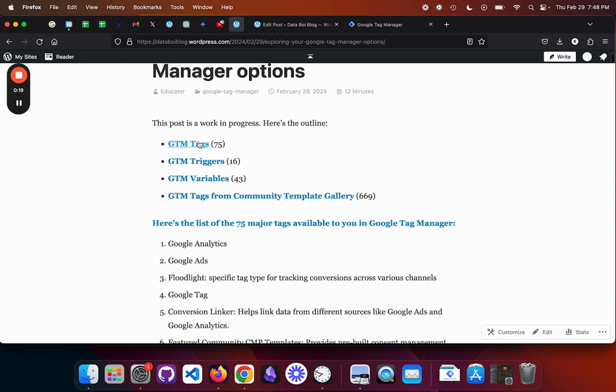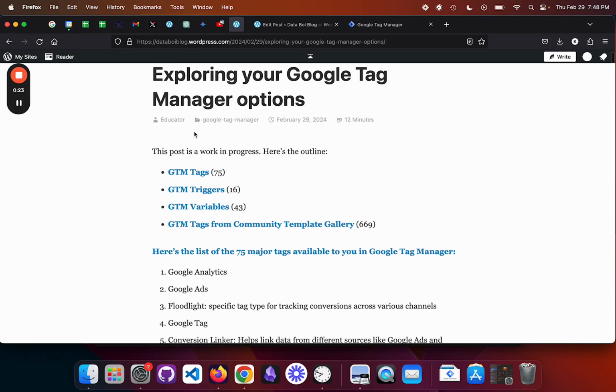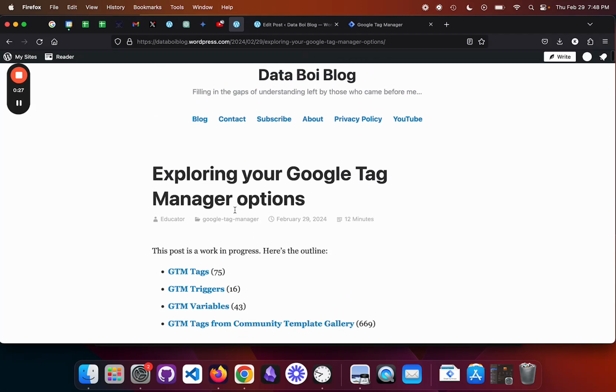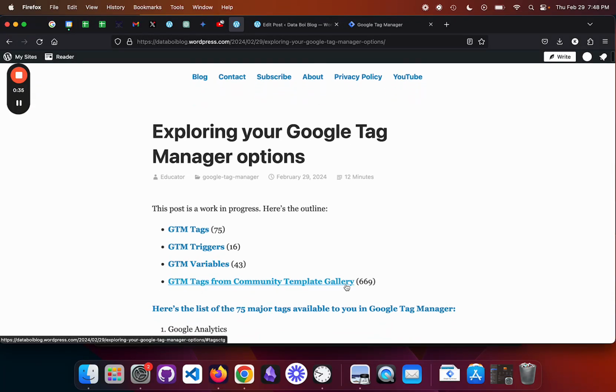And as you can see, I got the outline. We're talking about basically what your options are and the features, the descriptions of the features, the use cases. I started it yesterday or early this morning. So, we're going through the tags, the triggers, the variables, the community template gallery tags, and we got some other stuff to add. I wanted to make a post to give people a good overview of what's